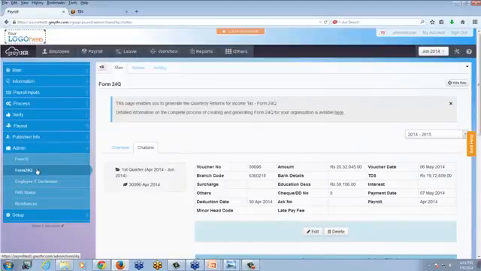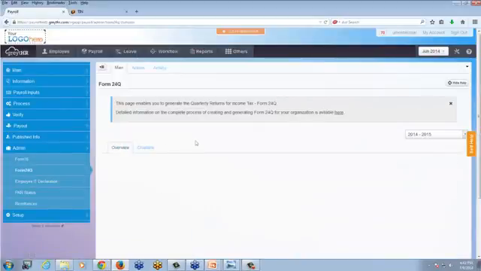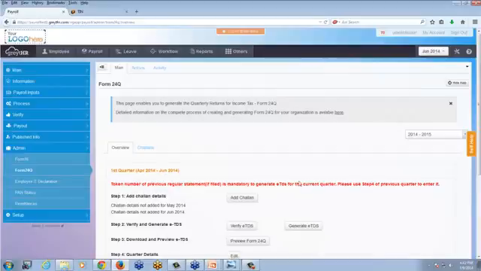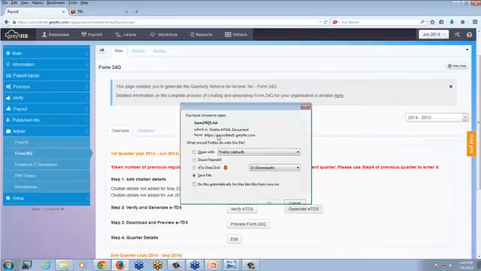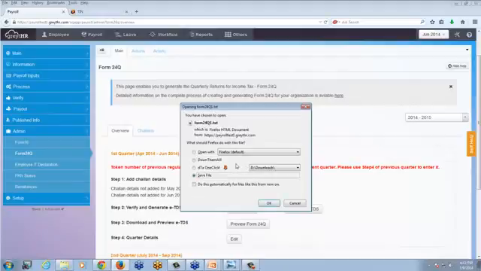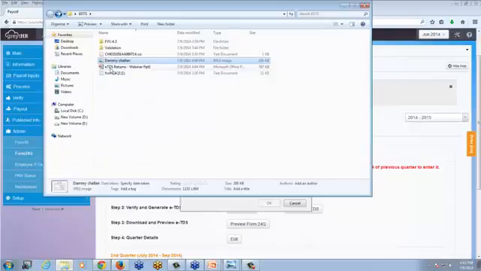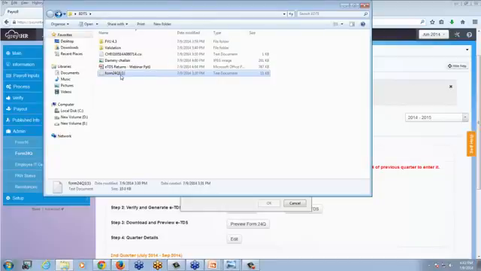So this is about 24Q updation. Again, coming back to overview, you can straight away click on generate TDS. The system automatically generates the Form 24Q text file. The text file is going to reflect something like this. Okay, so this is the file which is expected to be generated from our Greytip application.